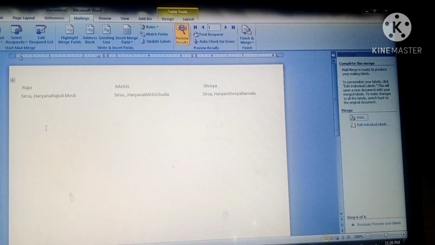Now please do the practical of these topics. It is necessary for you, otherwise it will be very difficult for you to understand these topics. After some time, when you do not do the practical, then it is very difficult for you, and you can attempt your question answers easily if you have done the practical portion, because your computer subject is totally practical. With doing the practical, you can understand the theoretical questions and you can write these answers by yourself also. So please do the practice of your practicals.